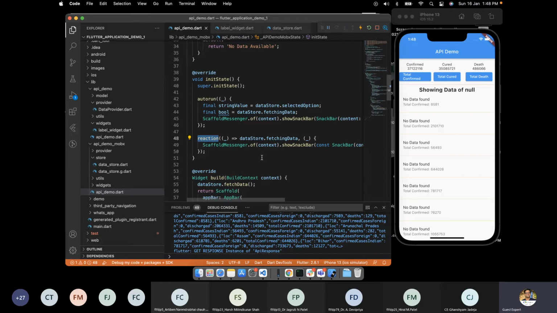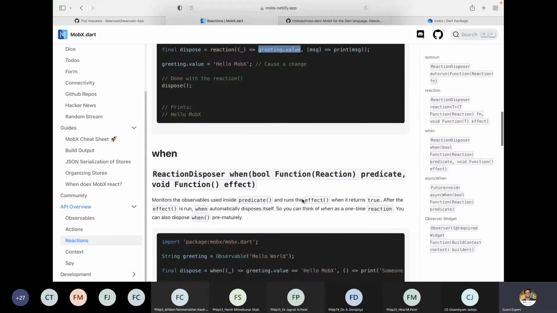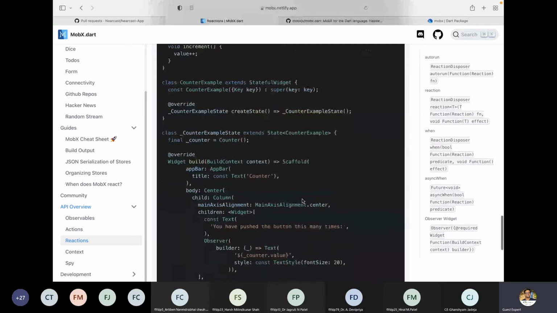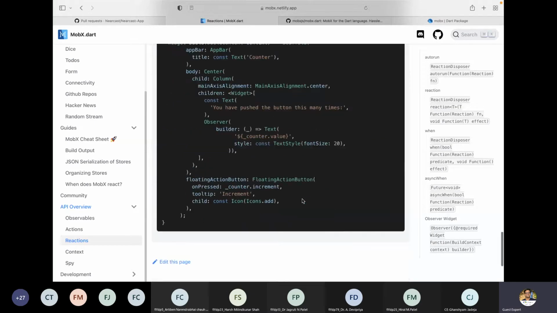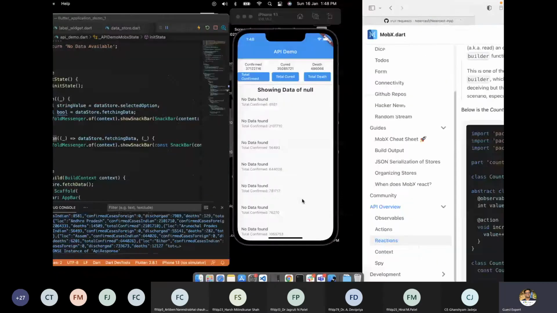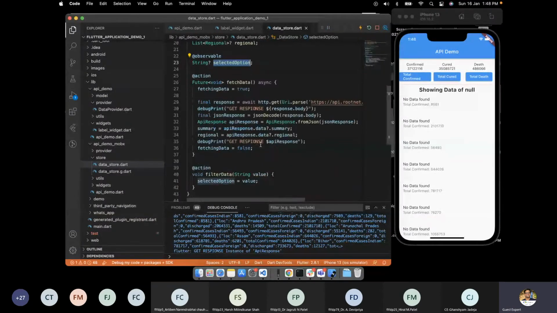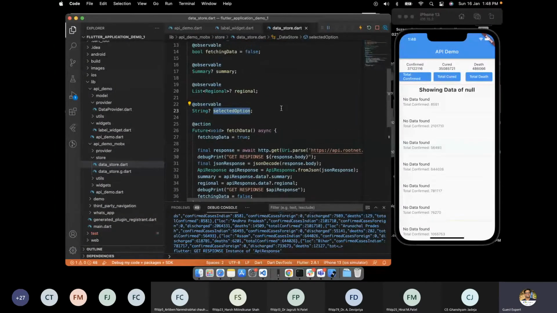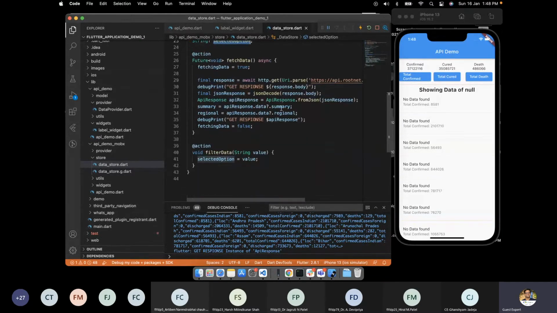So I'm done with my session. I know this was very short, because now you know the whole concept. You can go to any library, whether it's MobX, BLoC, Redux, Provider, Riverpod, anything. It is the same thing. You just need to define some variables which are getting changed, which you are manipulating, put them somewhere else, make them accessible throughout the app using dependency injection, and you are done. So that's it from my end. I hope this helps.